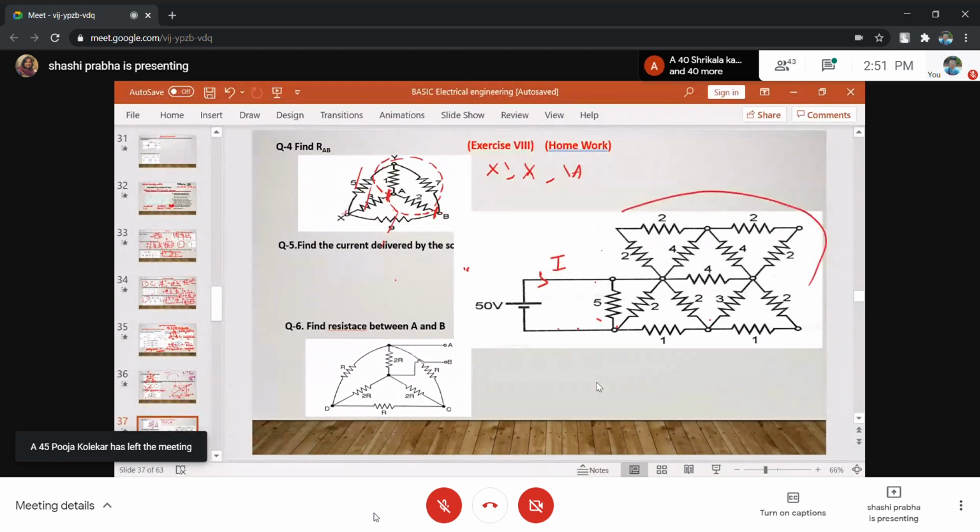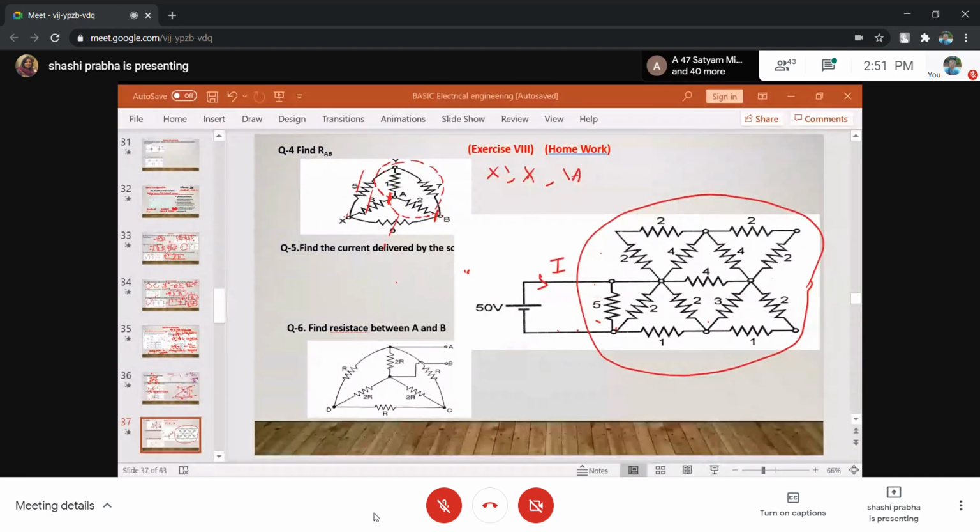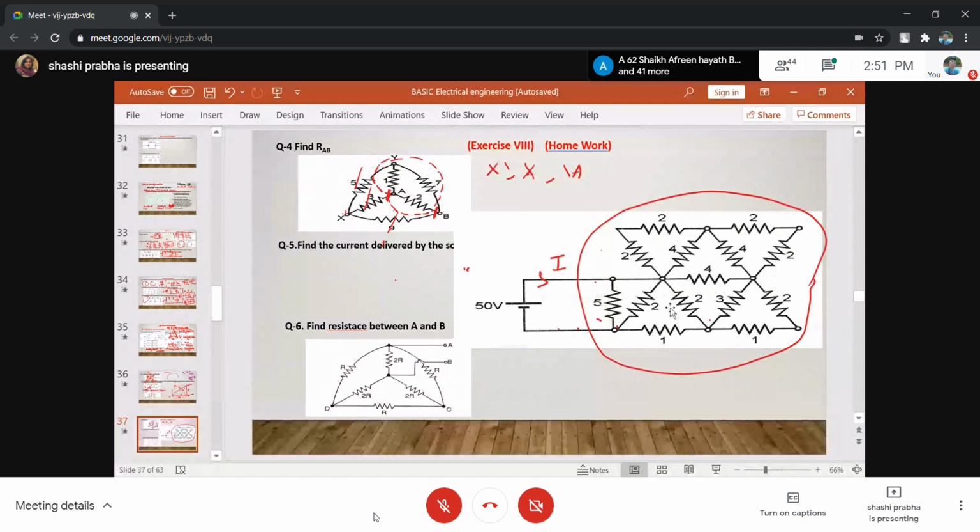ये सबको simplify करना है. Okay? इतना simple है ये, देखो जरा. Just see. Can you tell me the equivalent of the part of the circuit which I have encircled? और बहुत सिंपल फॉर्म में देखो, ऐसा लग रहा है ना ये कुछ स्टार डेल्टा है, ये तो बहुत सिंपल है. देखो